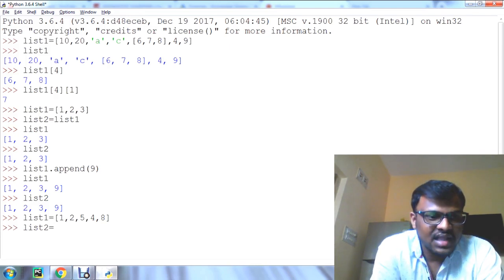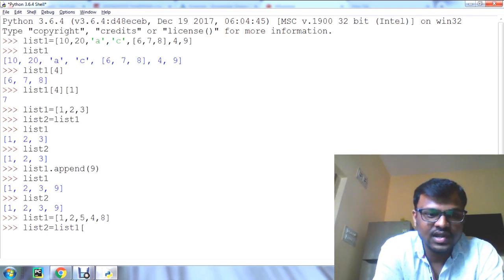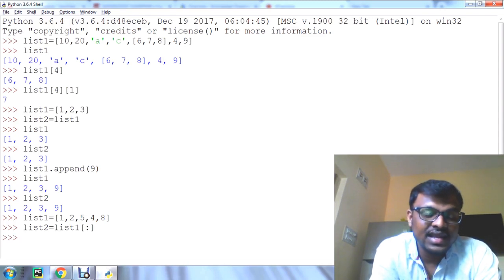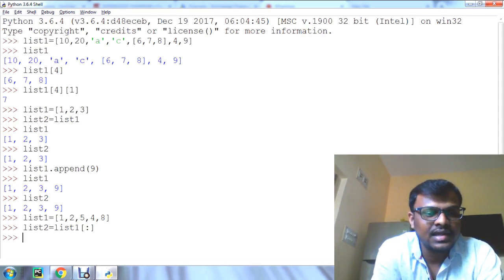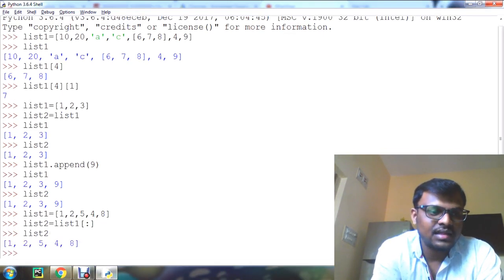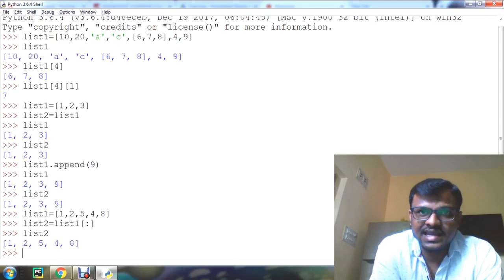Now the old list we have to specify, that is list 1, the whole list, and colon. Clear? This is the general syntax, general format. Now the list 1 elements are copied to the list 2 elements. Just print list 2 now. The list 2 elements are displayed the same as list 1. Clear? This is the copying of a list by using the slicing technique.